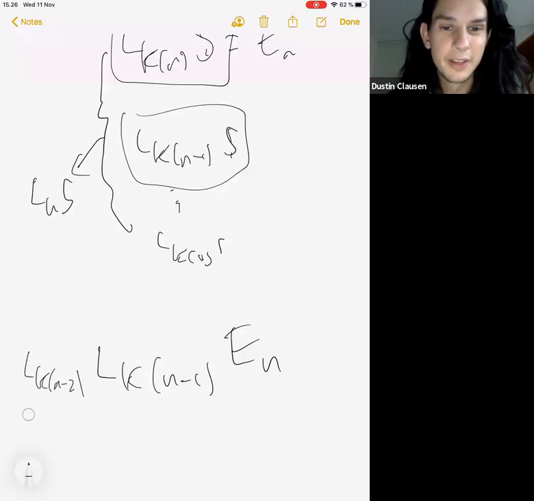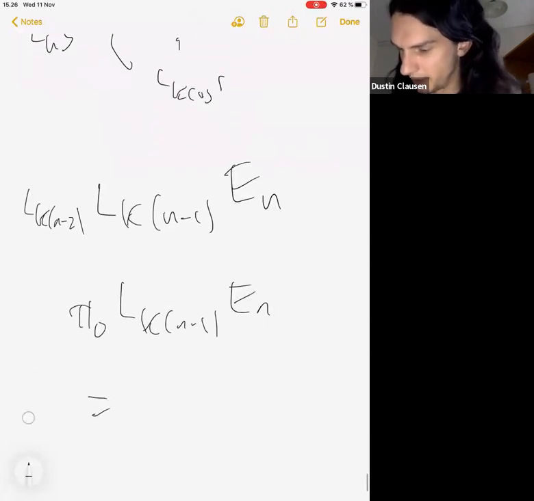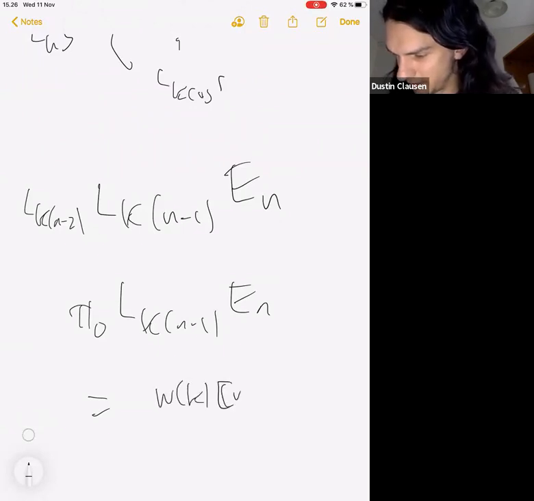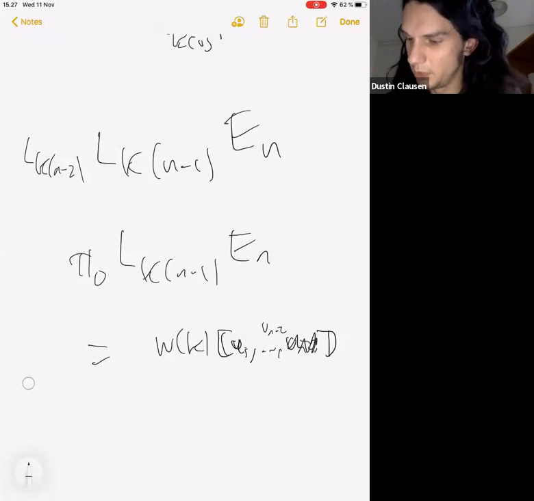Now, what do these look like on the level of coefficient rings? If we take pi0 of LKn-1 of En, what do we have? We have En, which is Witt vectors on K, and then we complete with respect to U1 up to Un-1. And then we're supposed to take the Kn-1 localization of that. So that's only required to be complete with respect to up to Un-2. But whenever you mod out by Un-2, Un-1 is supposed to be invertible. So this gets replaced by